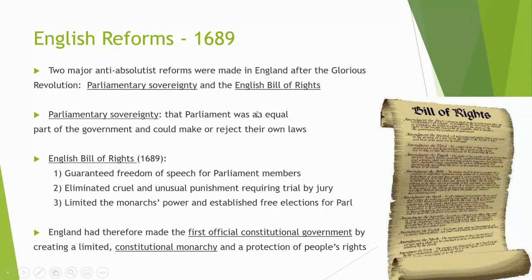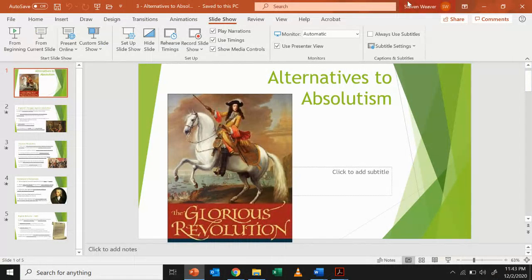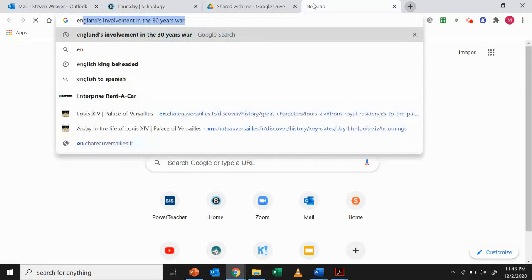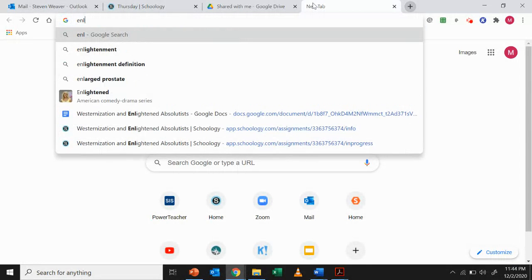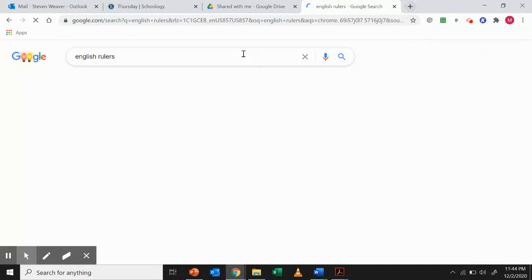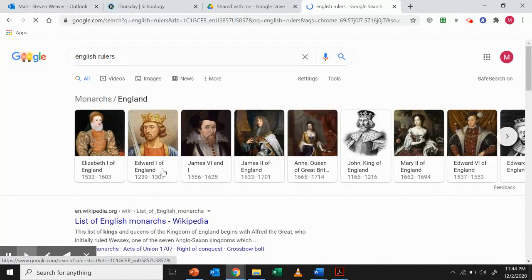I know some of you are probably a bit confused with the rulers of England, and I went over them earlier, but it wouldn't hurt if I just take one second and pull it up so it's in front. I believe that I gave you a list of all the different rulers already, especially in the I Want to Do Well folder. But if we'll just go to Wikipedia and see what comes up.